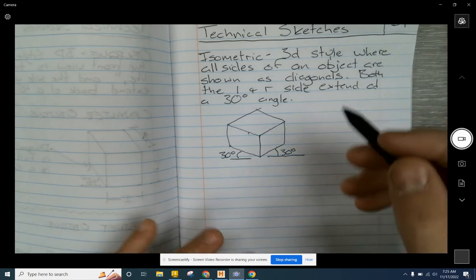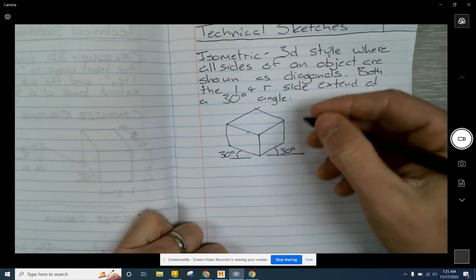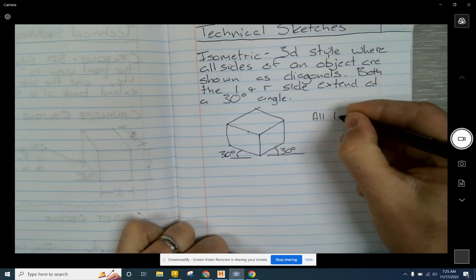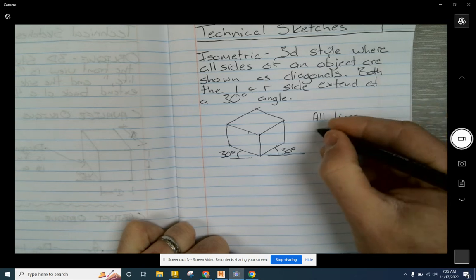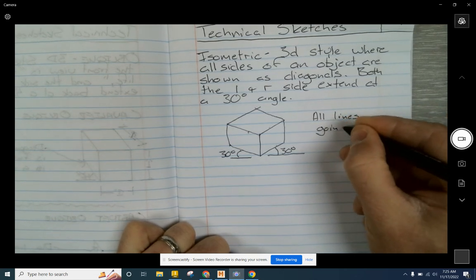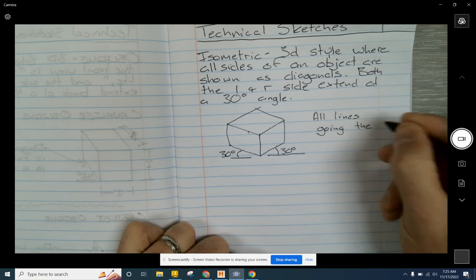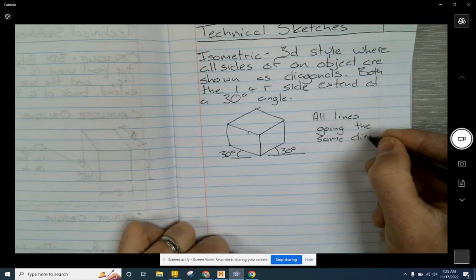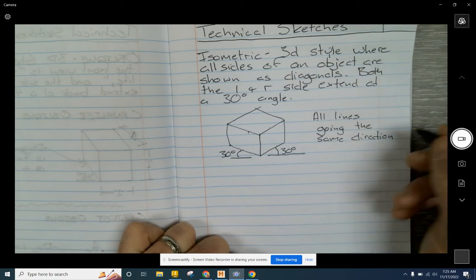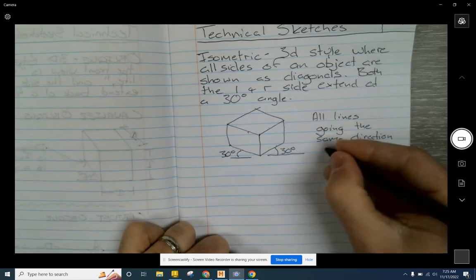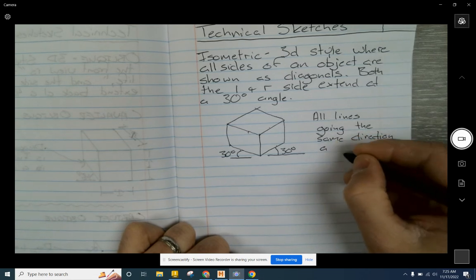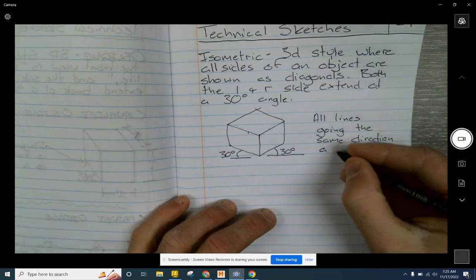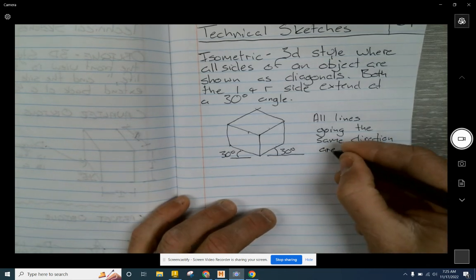And then the last note I'd like you to put on here, just so we've got it to refer back to, is that all lines going the same direction are parallel. So there's a math word for us today. They're all going to run an equal distance away from each other and never intersect. So all are parallel